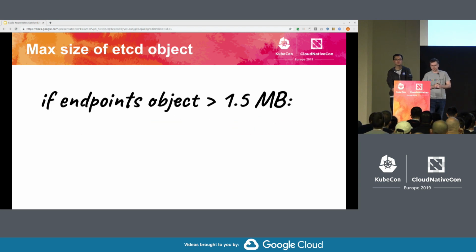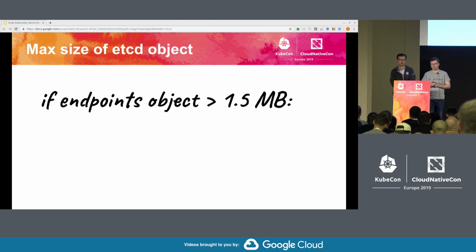And what does it mean? There is also a limitation at the etcd level for the maximum length of a value in an object stored in etcd, and it's exactly 1.5 megabytes. This value is configurable, but increasing it changes the performance characteristics of etcd and makes it a little bit worse.